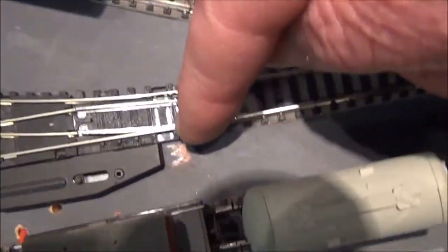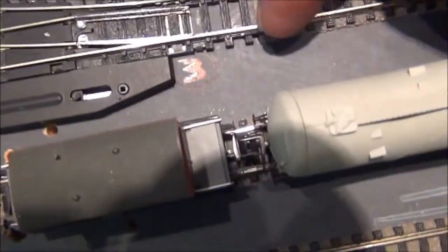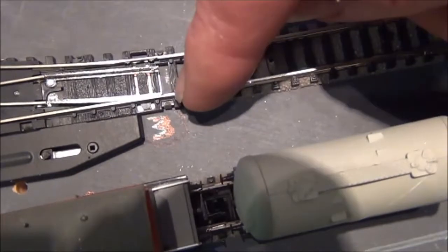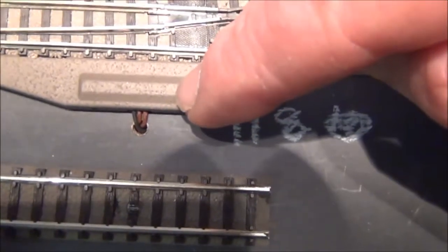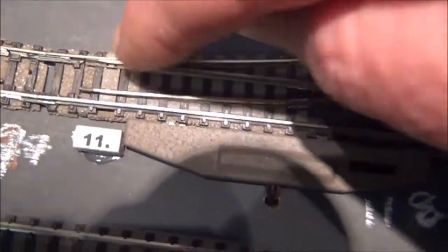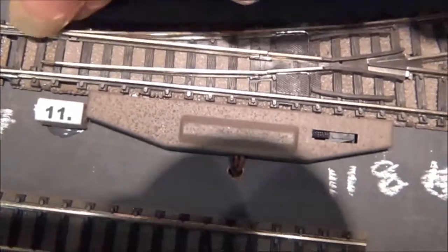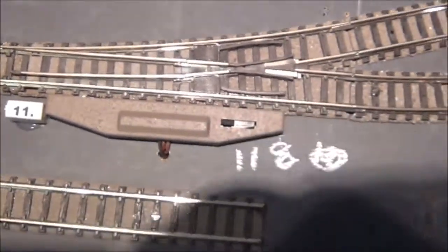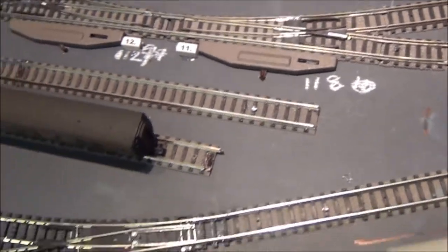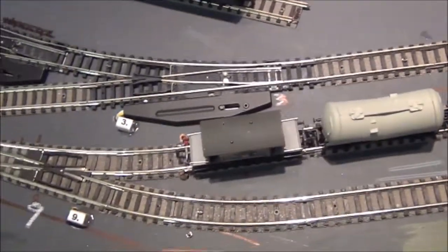Over there, look where you're going, Donald. That turnout blade recesses right into that rail there, whereas with the Minitrix ones, they do recess to a certain extent, but they stand out proud, and of course the wheels hit that and jump off. The German stock goes through all right, so it might be something to do with the gauging of the